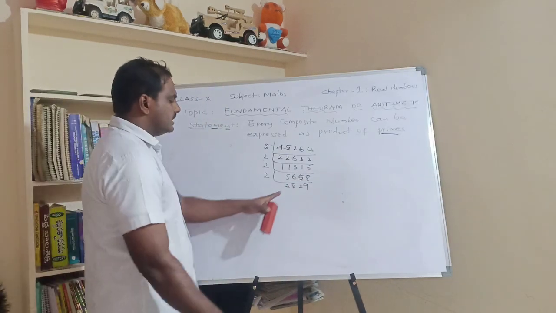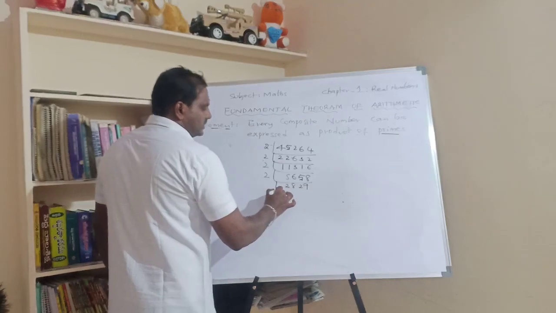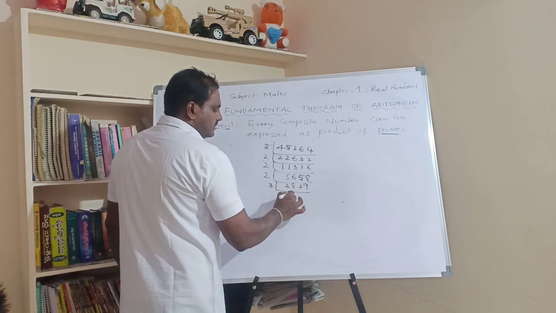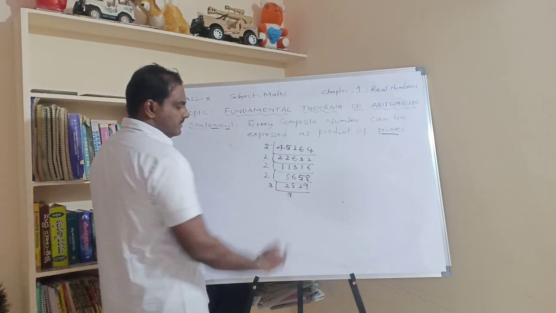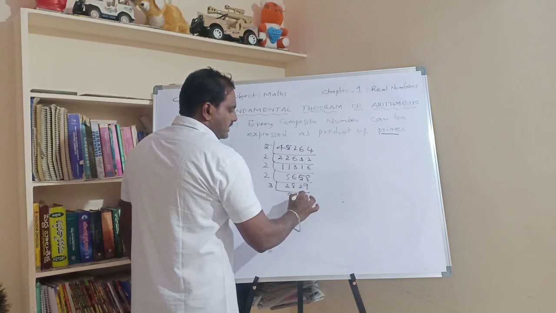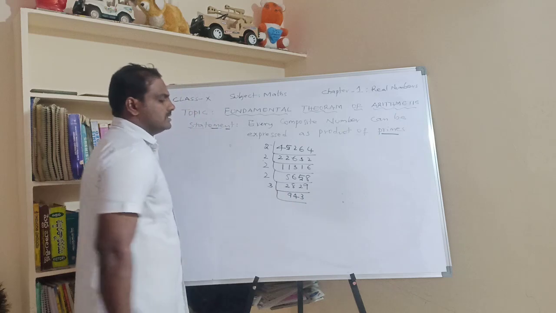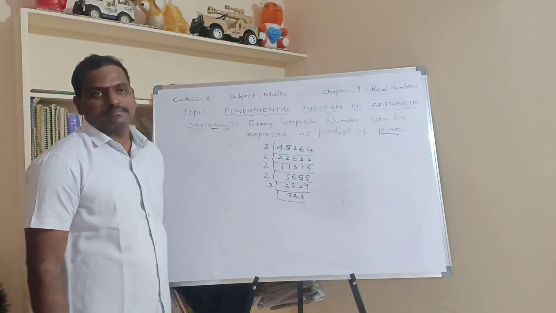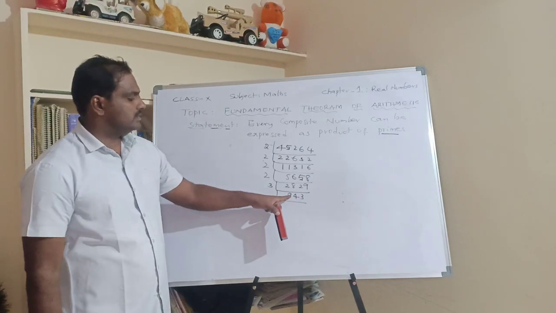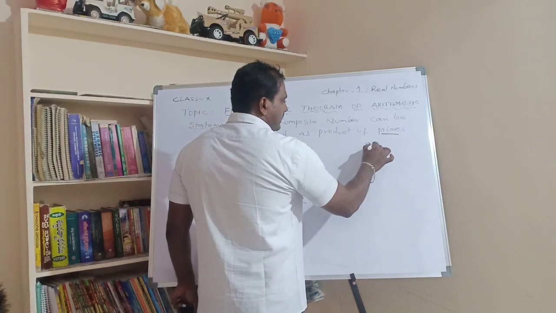Now check whether it is divisible by the 2 table. Yes, this is not divisible by the 2 table. If it is not divisible by 2, then we can go for the 3 table. 3 9s are 27, remainder is 1, 12, 3 4s are 12 and 3 3s are 9. Now next, the last digit is 3, so we can check whether the 3 table is possible or not. Let us check it: 943 divided by 3.